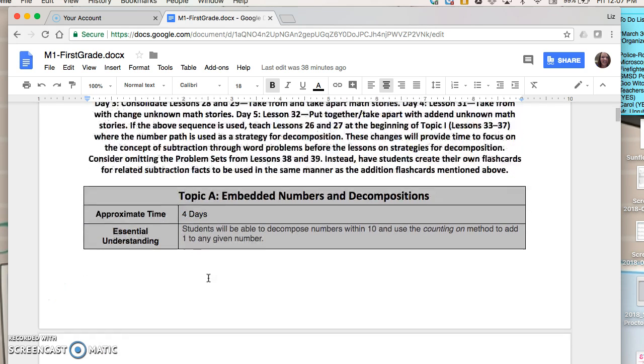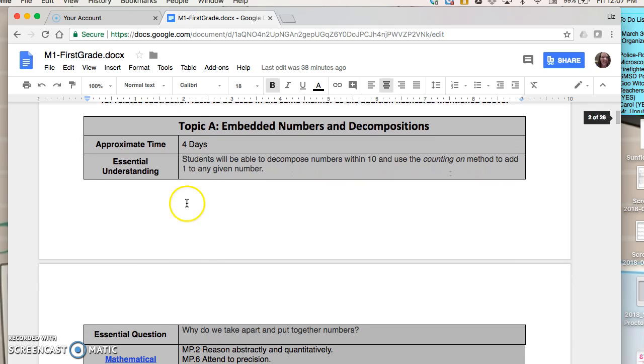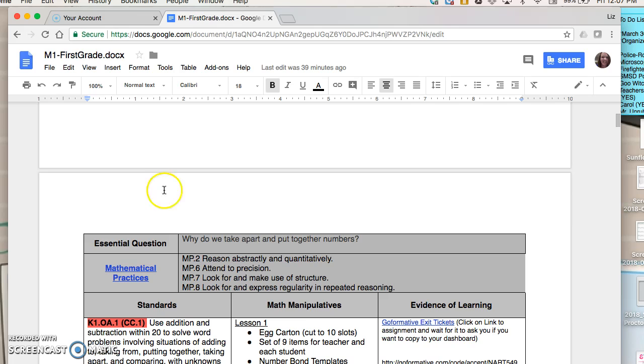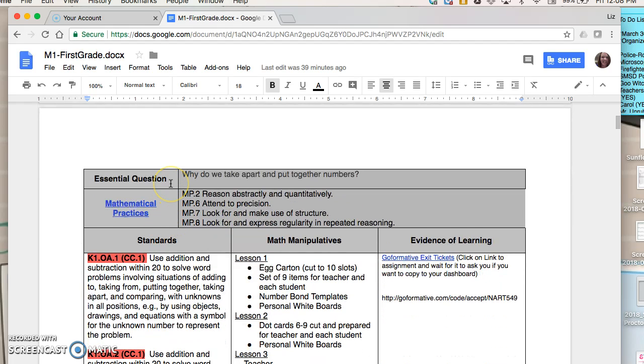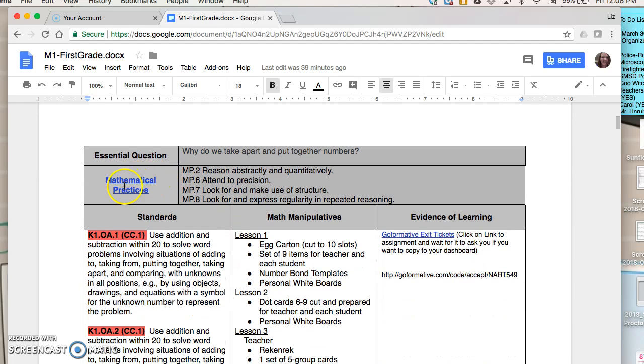If you scroll down, for each individual topic, you will see the approximate time, the essential understanding, and the essential question. The next link you will see is for the mathematical practices. These are the Common Core mathematical practices that every math teacher should make sure they are implementing in their classroom. They are listed over here on the right, but if you click on the link, it will take you